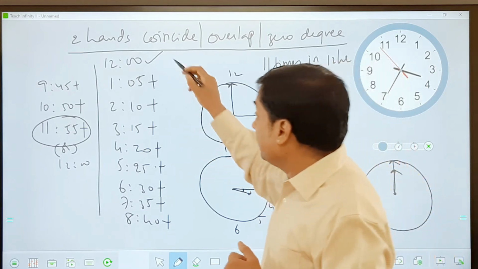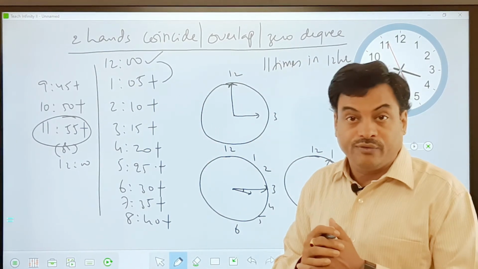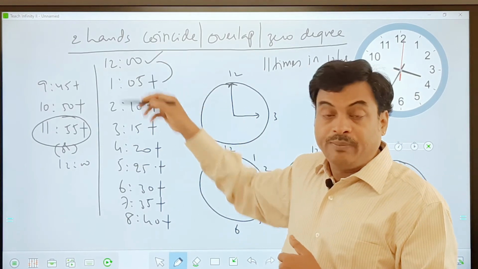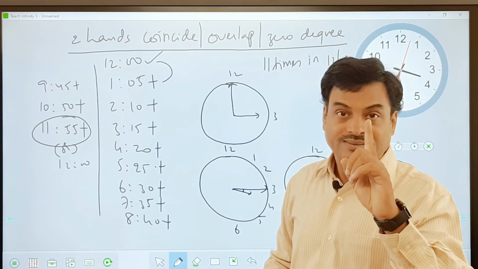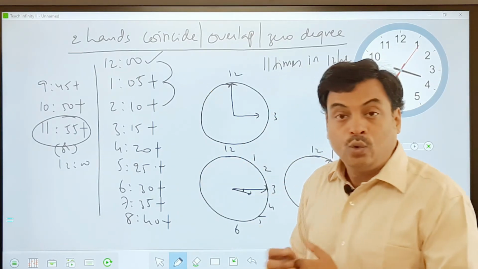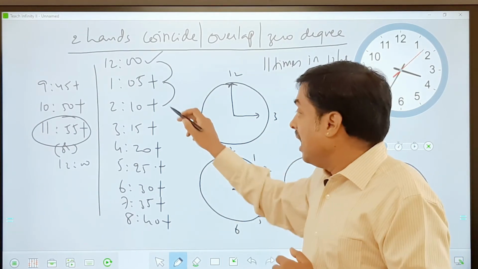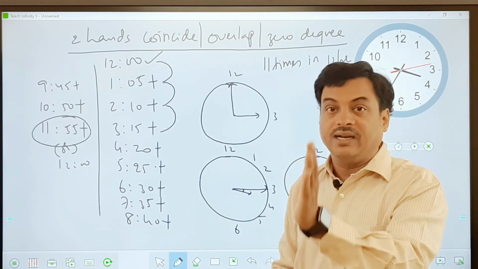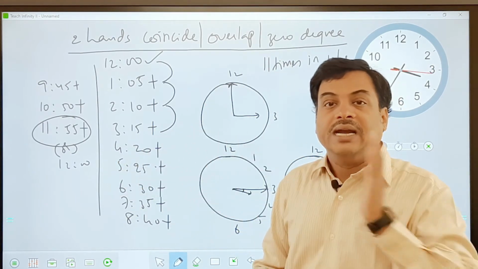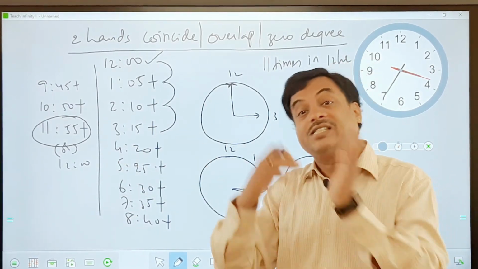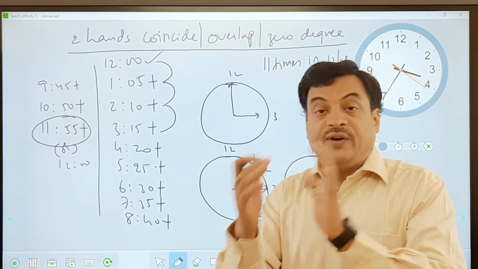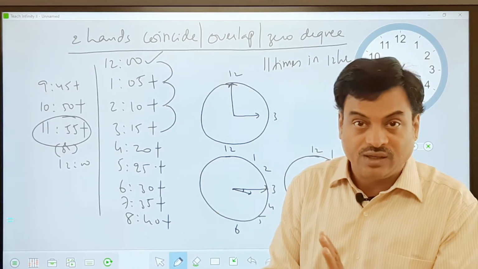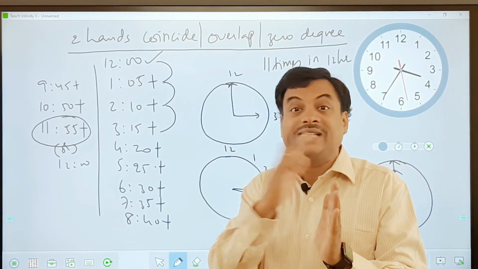If you observe the gap between these two timings, all of you, what is the gap? From 12 to 1:05, that means it is taking 1 hour 5 minutes. And again 1:05 to 2:10, again 1 hour 5 minutes. Again 1 hour 5 minutes. That means from one instance to the other, second instance, third instance, fourth instance, it is taking 1 hour 5 minutes and some extra time. If it were happening exactly at 1 hour, then I could say 12 times in 12 hours, some calculation like that. But it is taking 1 hour 5 minutes, not exactly 1 hour.